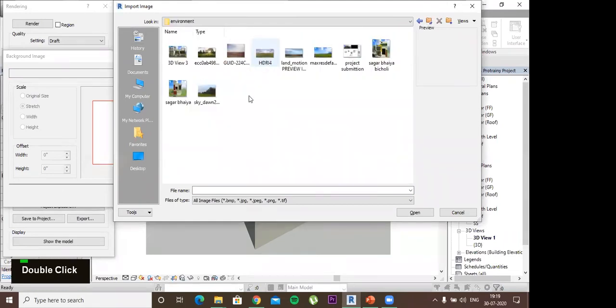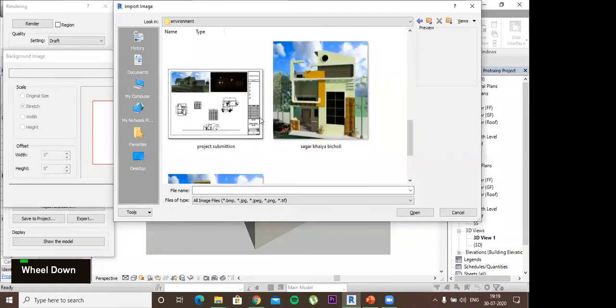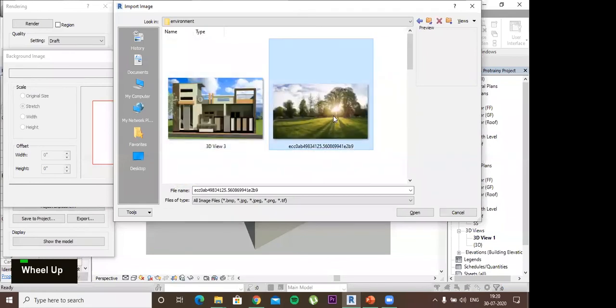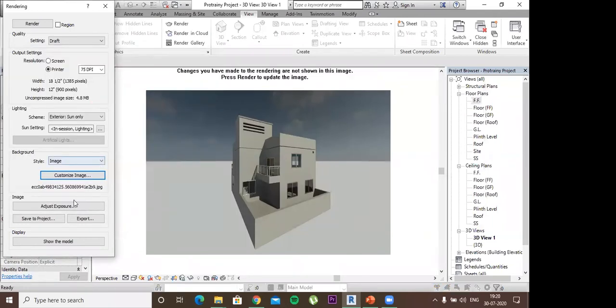Environment, and suppose I want a render on this, so I'll select this, I'll select OK, and I'll select sun only render at 75 DPI and select render.